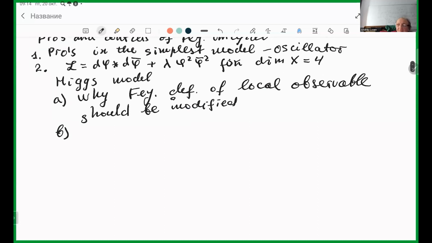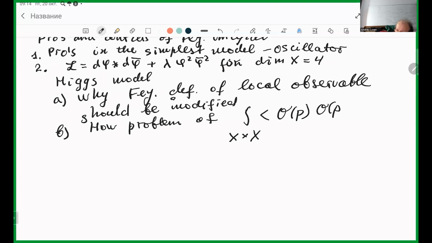And we will describe point B. How the problem of divergence is solved